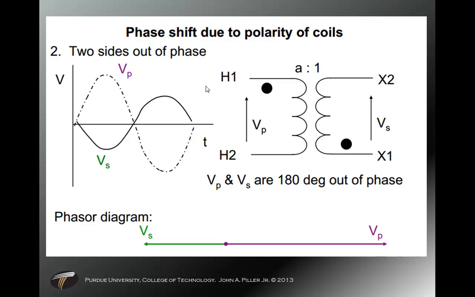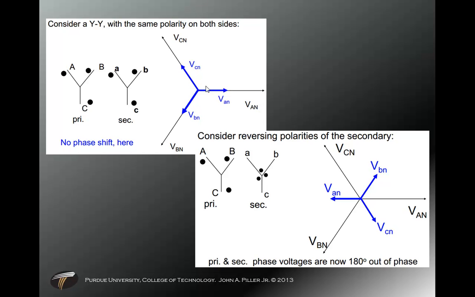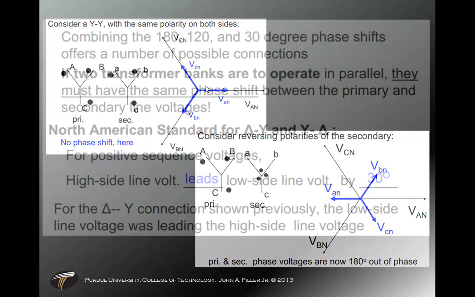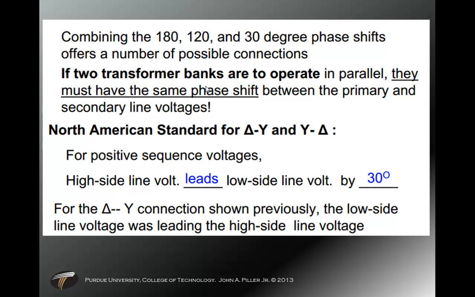Now, why do we care? Well, in single phase, we don't really care, but the issue is that when we get into a 3-phase configuration with Ys, for example, you end up 180 degrees out of phase, and then if you were going to put those in parallel with each other, combining the 180, the 120, and 30-degree phase shifts on a number of possible connections, you're going to